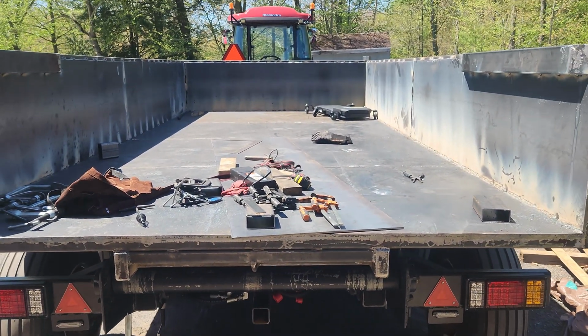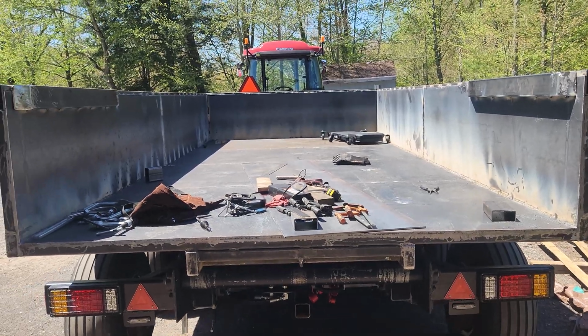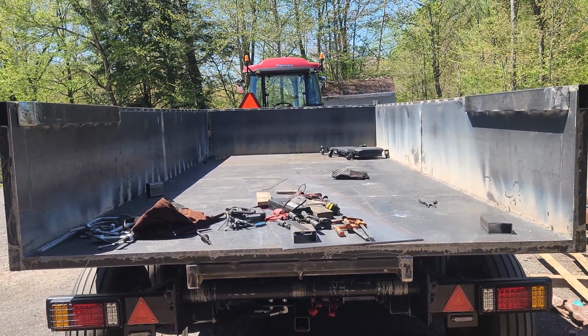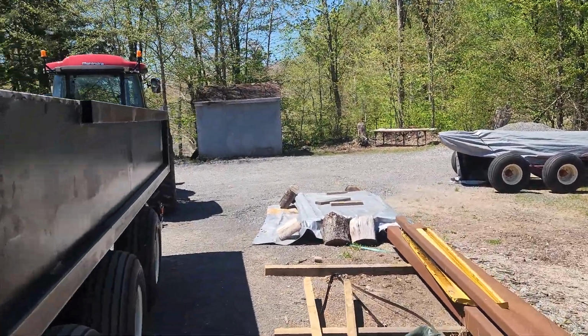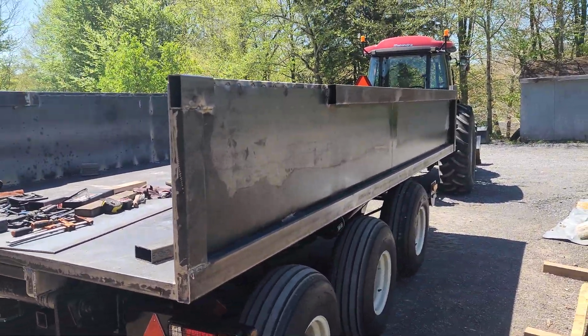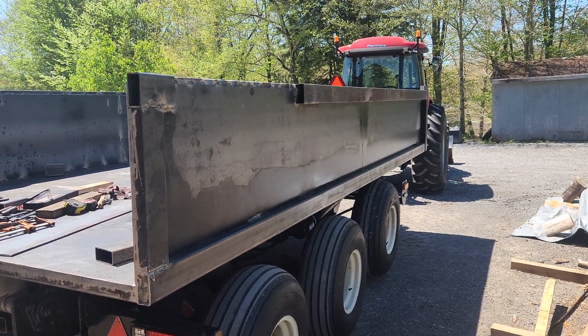Yeah, that's the dump box. I'm working on the gate here pretty soon. I'll probably have that done. Get another video next week. I do a video of my PTO generator though for my smaller tractor,